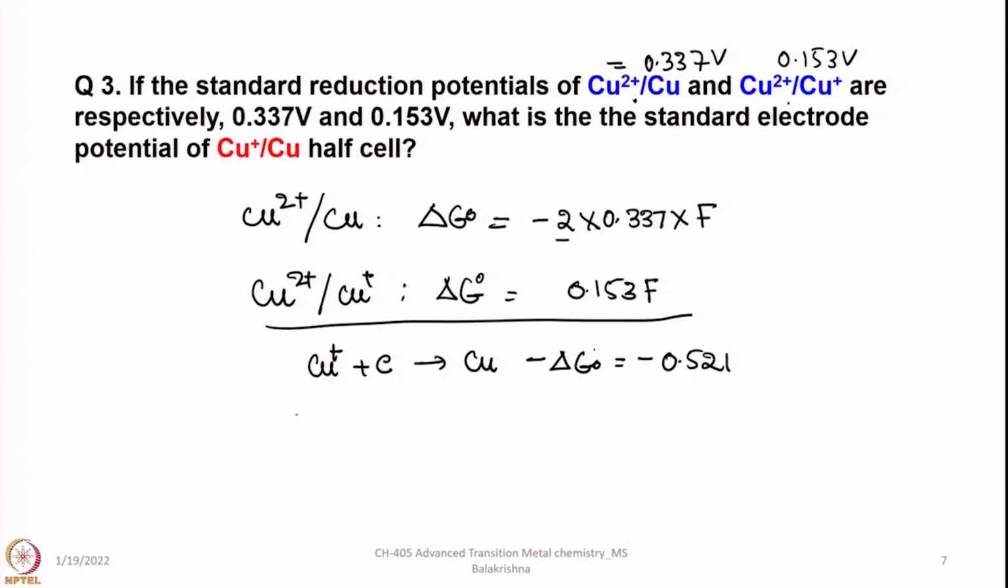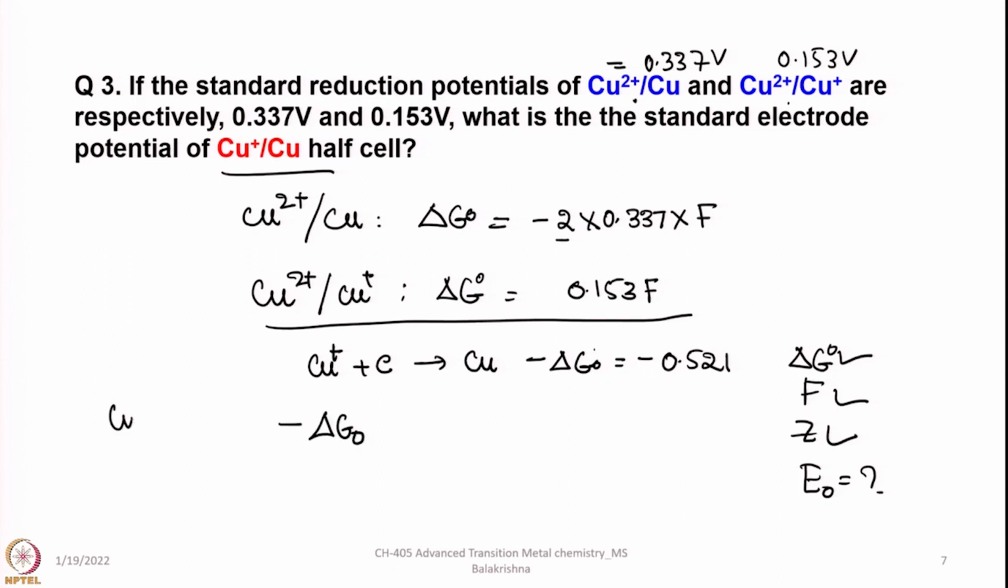Now, we can use this for this reaction. For this reaction we know delta G, and F is known and Z is known. We have to find out E naught. E naught equals what? So, let us put this equation: minus delta G